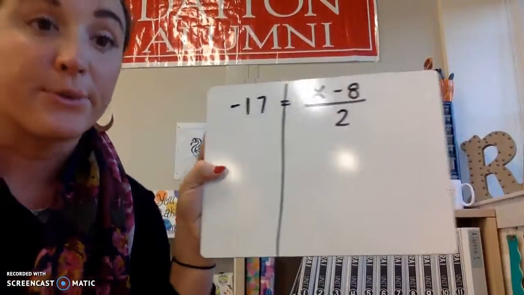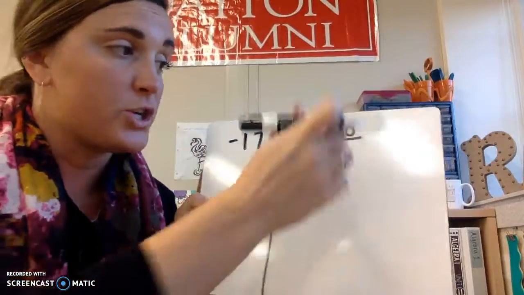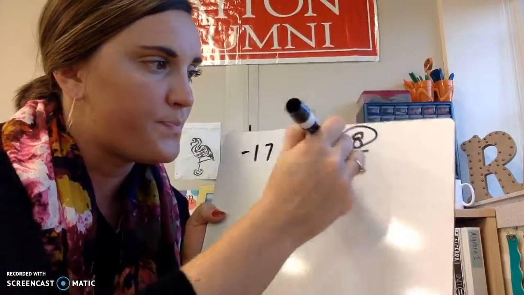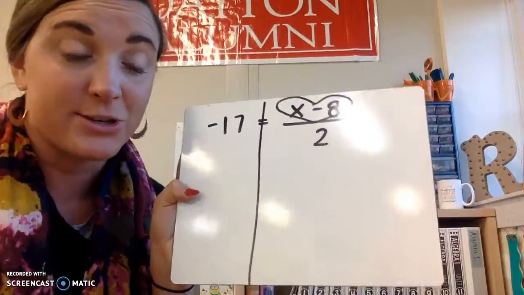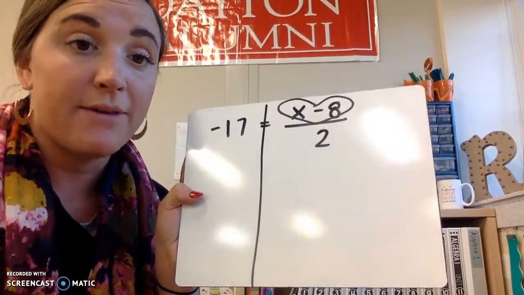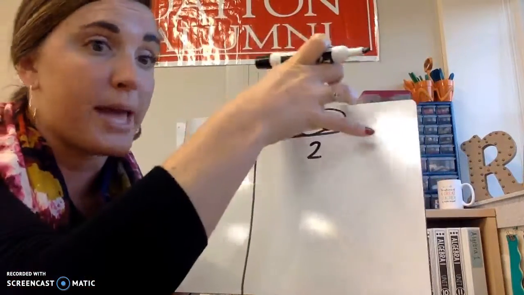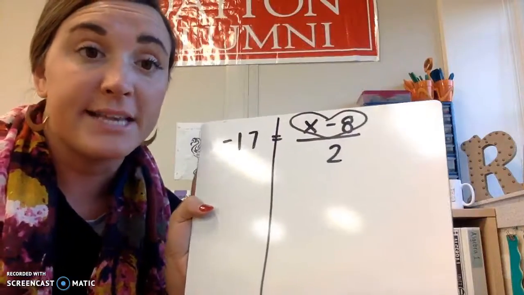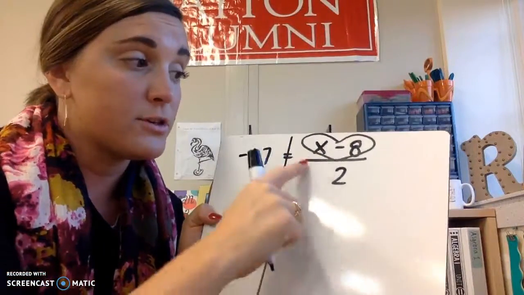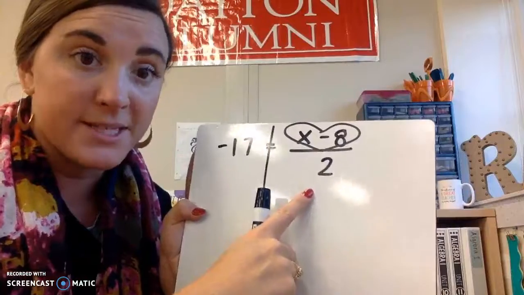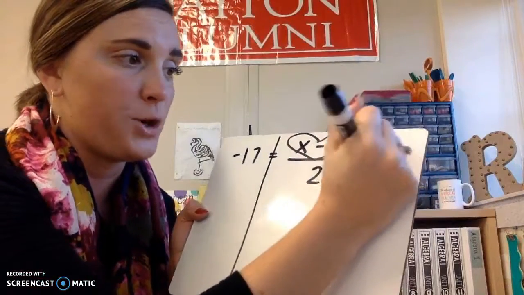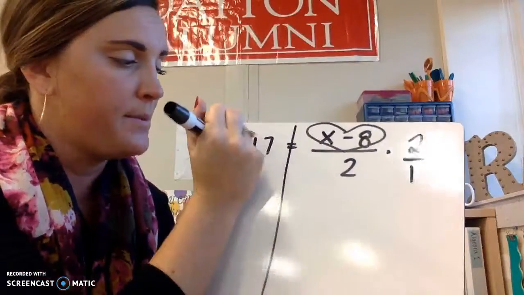Number 15 is -17 equals (x minus 8) divided by 2. So these ones tricked a few of you because of how they're written. This is the situation where you are the numerator. That denominator is your third wheel hanging out. This is where you have to get rid of the denominator before you're able to move anything around that's in the numerator. So if you're dividing by 2, the opposite of dividing is to multiply by 2, or 2/1, on